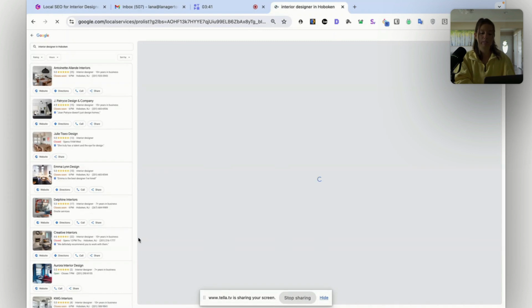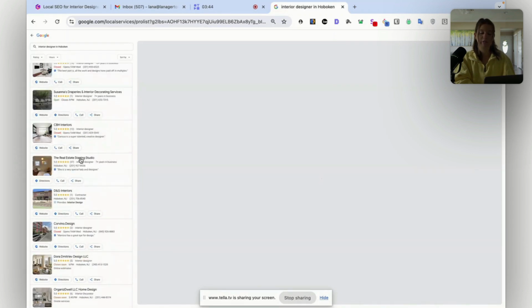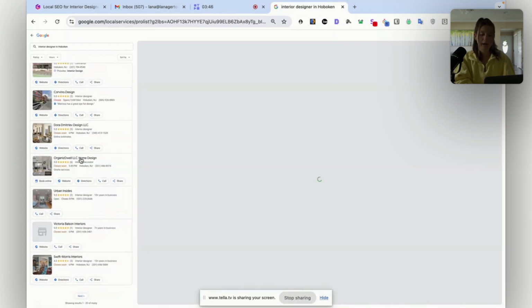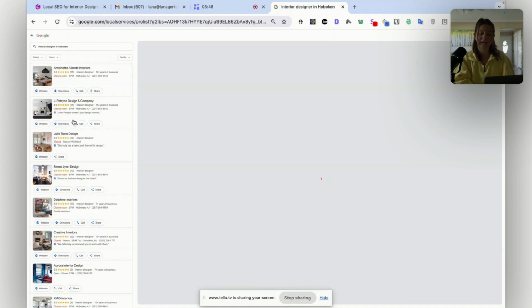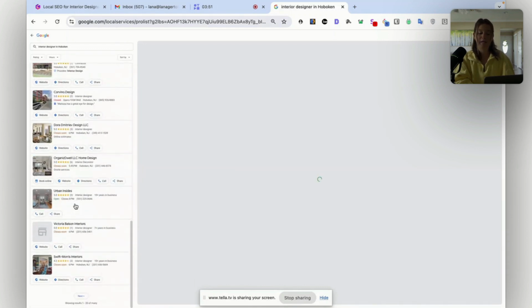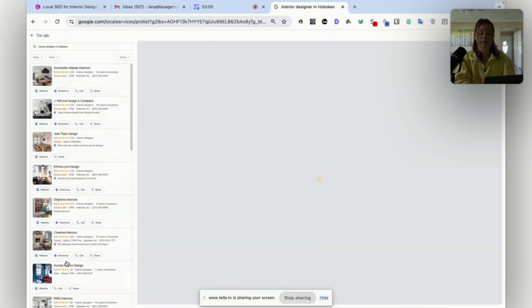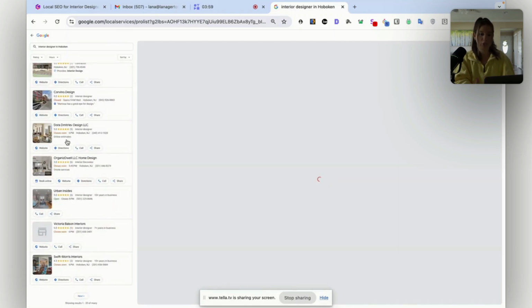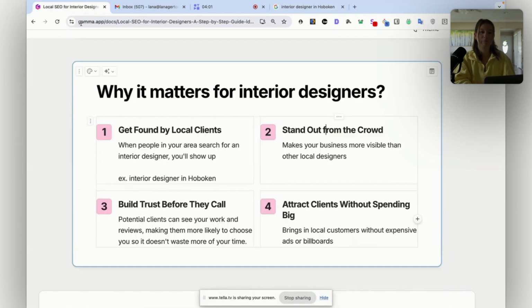And if we even click on more businesses, there's so many more interior designers, but no one scrolls down past probably the 5 contenders in the Google Maps pack. So yours will show up, maybe it's showing up down here. You want to get ranking at least in these first couple of positions, and you can do that with the tips I'm going to show you today in order for people to be looking at your business